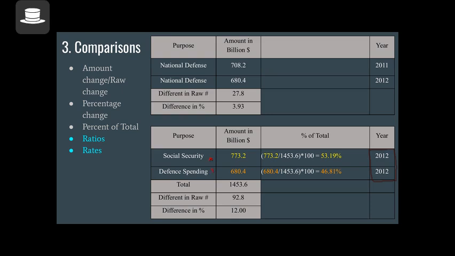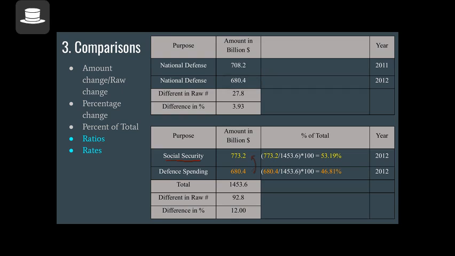So let's say you know that on national defense, the United States spent $680 billion in 2012, the same information here. But how much is it when compared to expenditure on Social Security? That can give a measure of the planning of a government in terms of their expenditure,